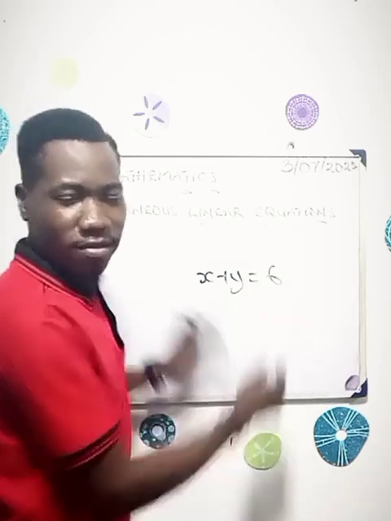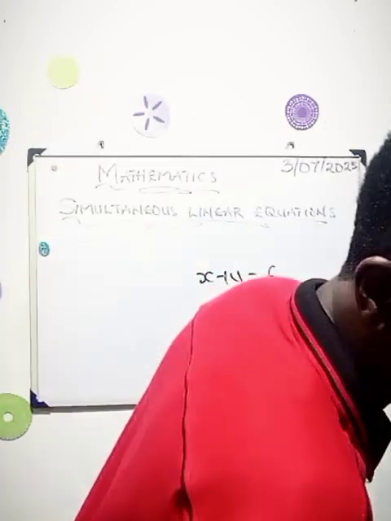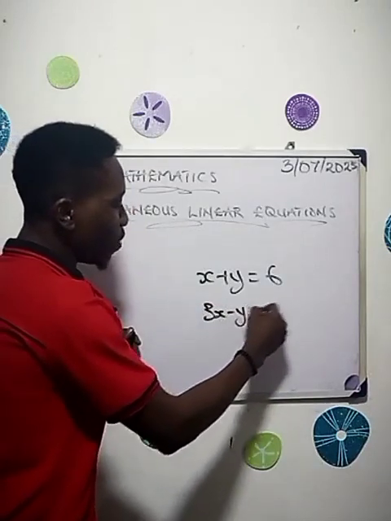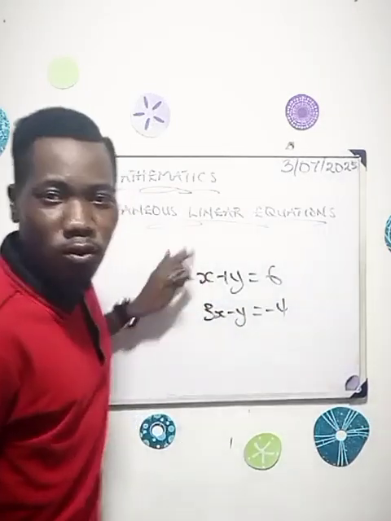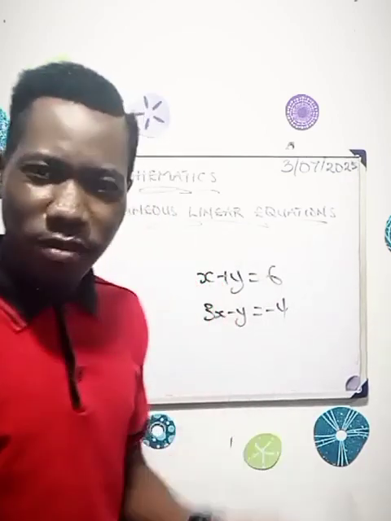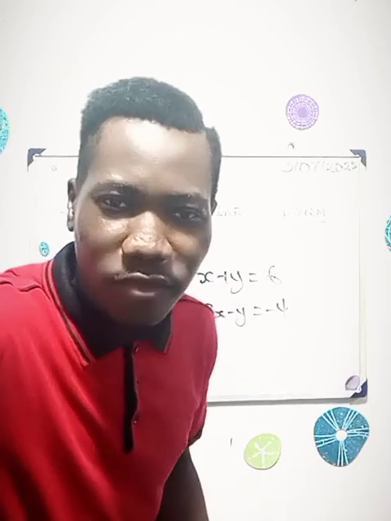But we can solve this when we have another equation like 3x minus y equals minus 4. Now these two equations to be solved together, this is what we call simultaneous equations. They are called simultaneous equations because